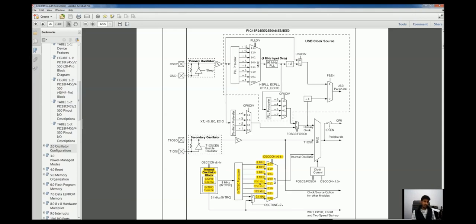It seems like we always want our microcontroller to have the highest possible operating frequency. But higher frequency means higher power consumption. So if our application is not time critical, then we can shift to lower frequencies and save power.